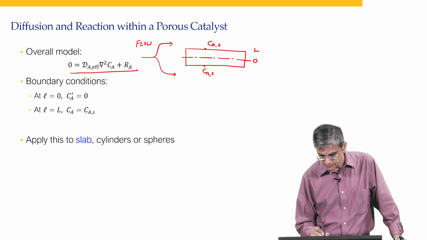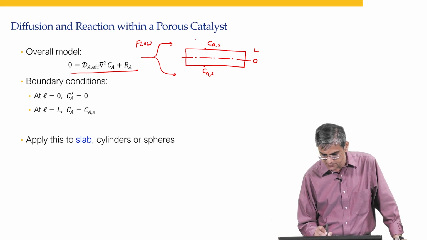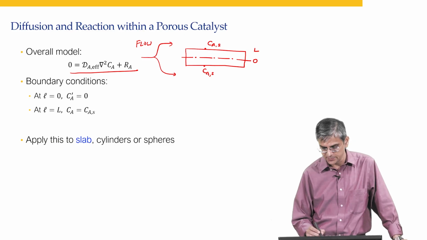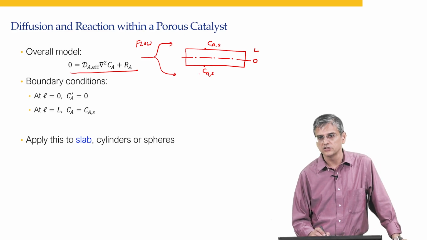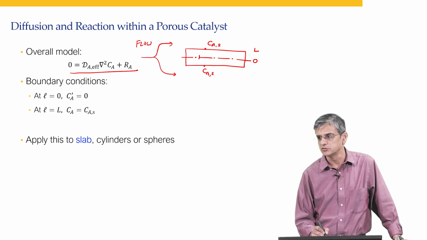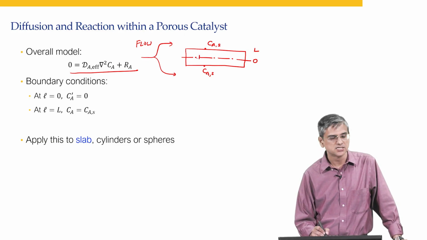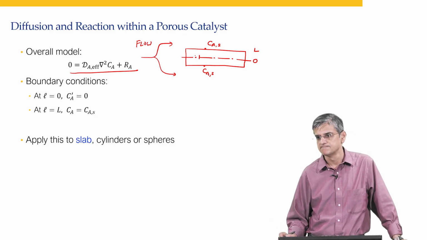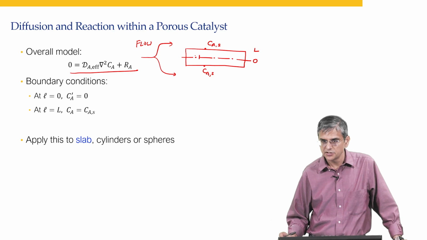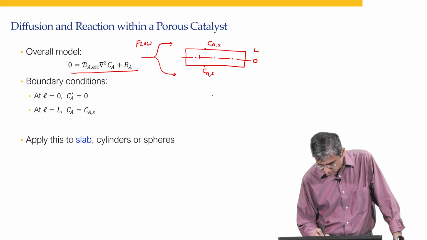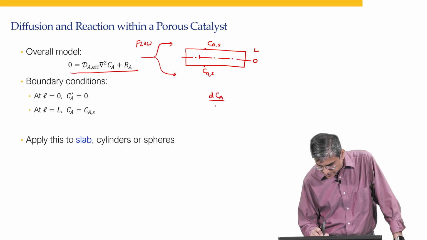At the center line, because everything is the same, whether you go in this direction or in this direction, you are going to have the flux at this particular point equal to 0. These are standard boundary conditions. The boundary condition at the center is going to be dCA by dZ